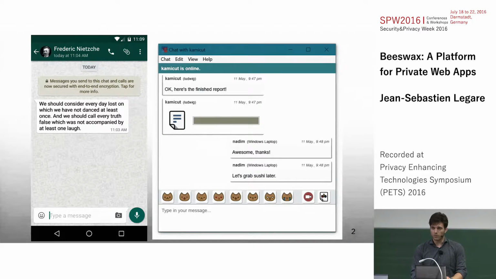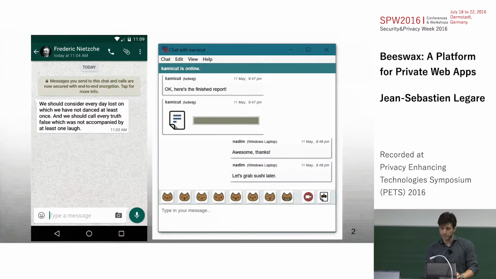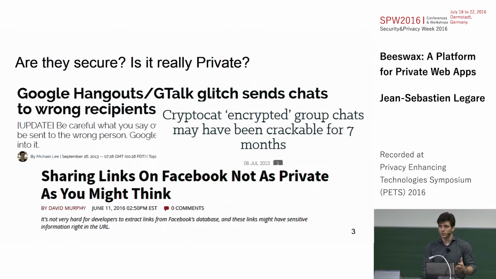So we have all these new privacy-enhancing applications that are coming out, offering cool things like end-to-end cryptography. And those things are great because users are finally getting the confidentiality they want from their service providers for applications, their ISPs, and their governments. But one question you might wonder whenever you encounter a new one is: is this app secure? Is it really private? And these applications are either malicious, or if they're not, they're vulnerable like any other application.